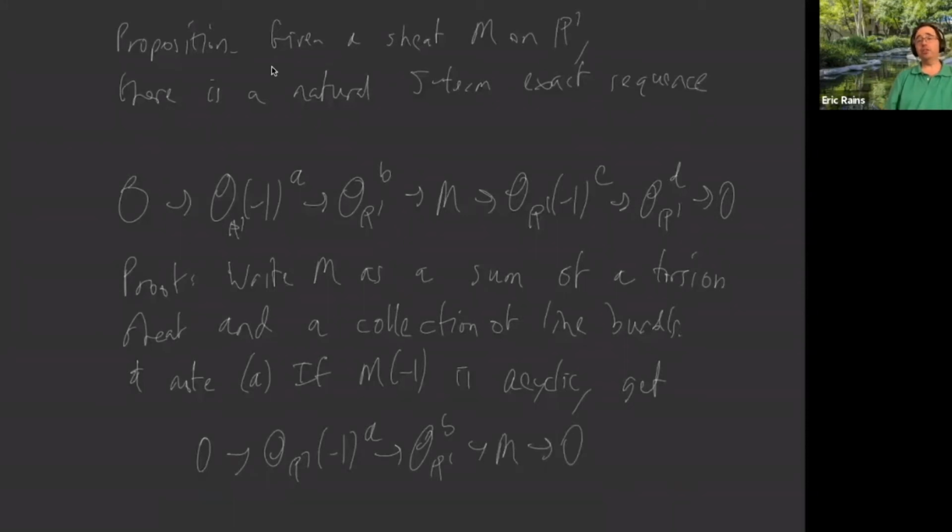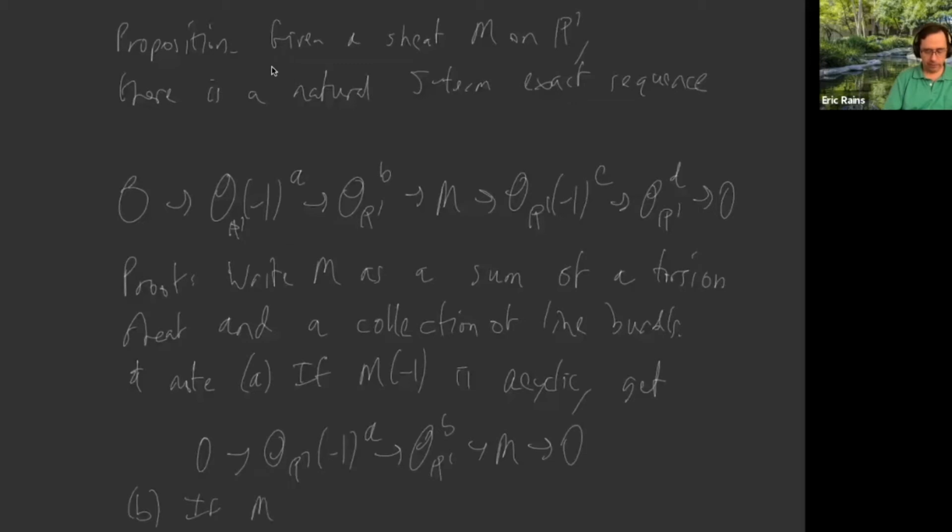And the thing is, we can just do this for a torsion sheaf and for an acyclic line bundle. And those are the only two cases we need to check. And then